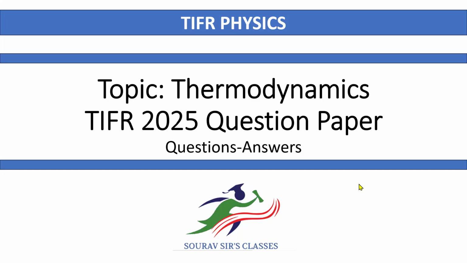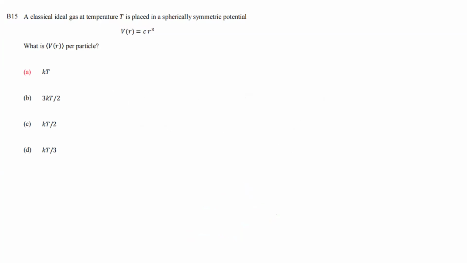So let us now solve one problem from the thermodynamics of the TIFR 2025 question paper. The problem states that a classical ideal gas at temperature T is placed in a spherically symmetric potential. The potential is given as V(r) equal to C r^3, where V(r) as a function of r is per particle. What is the value of V(r) per particle? So the problem is a classical ideal gas